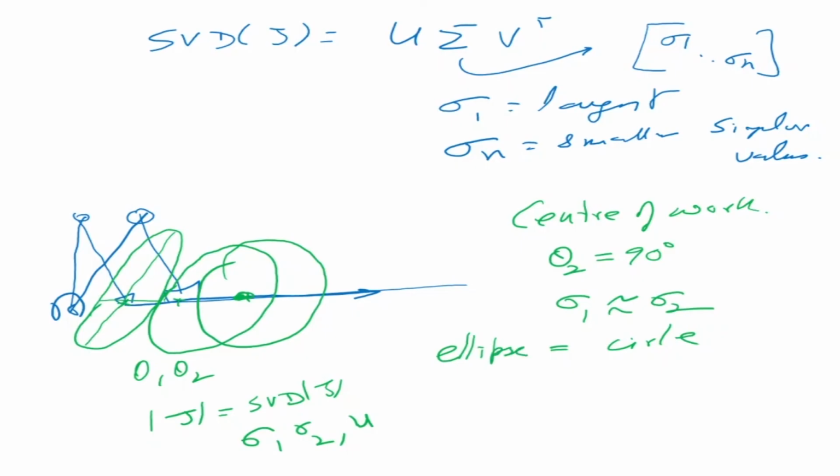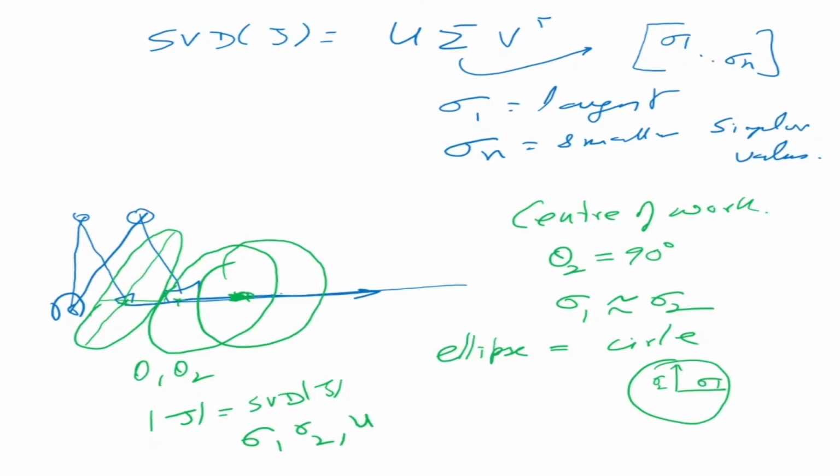Now, what is the meaning of becoming a circle? A circle is like this. If sigma 1 is here and sigma 2 is here, then sigma 1 is equal to sigma 2, which means you can move in all directions easily. Whereas as we start going towards this side, away from the center of the workspace,